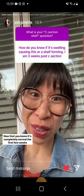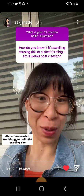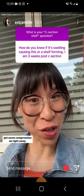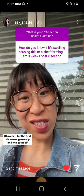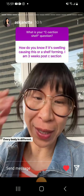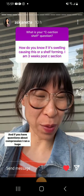Now that you know it's completely normal the first few weeks after cesarean, what I would suggest with the swelling is to get some compression on right away. Get gentle compression on after day 1, wear it for the first 6 weeks generally, and wean yourself off after that. Every body is different, and if you have questions about compression, I ran a huge workshop about it